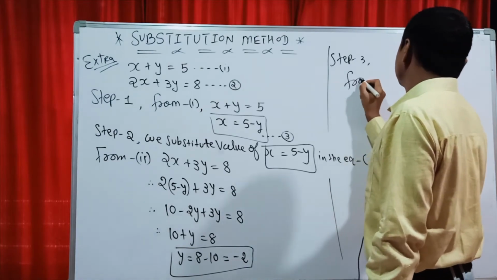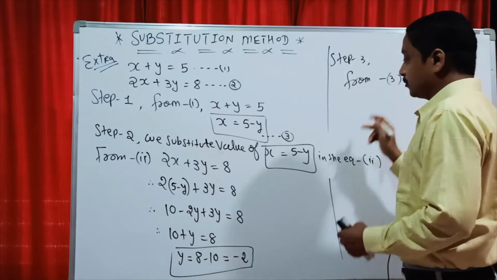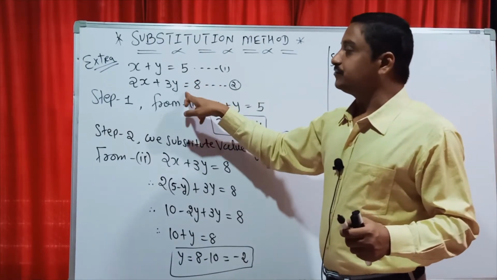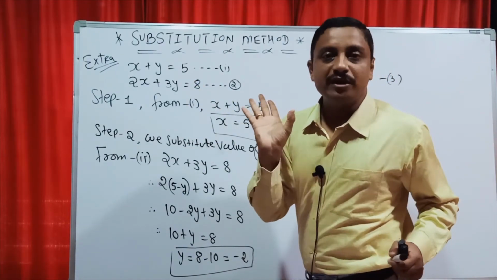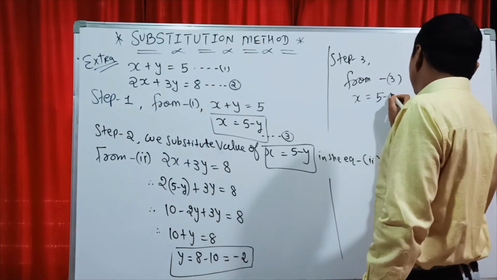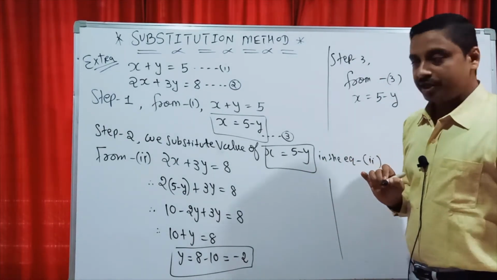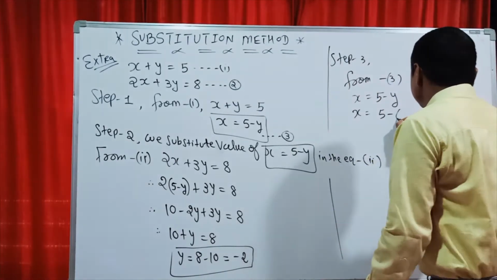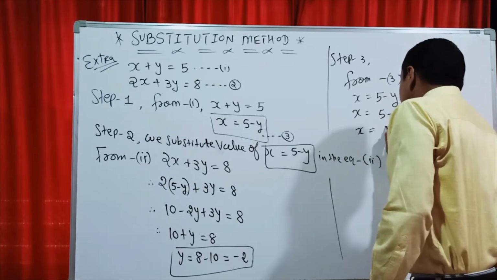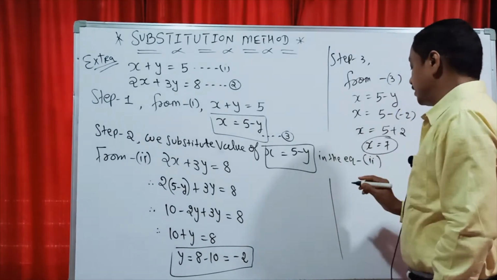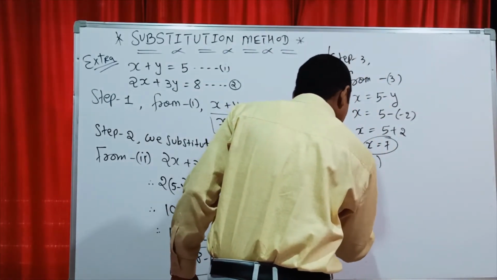Always utilize from third equation you utilize. Either students if you utilize first, second, same result coming, but method wise I going to third equation. X is equal to 5 minus y. Yes, x same 5 and what is the y? Yes, minus 2. So my answer is 5 plus 2. We get 7.